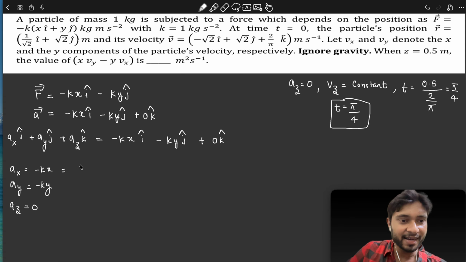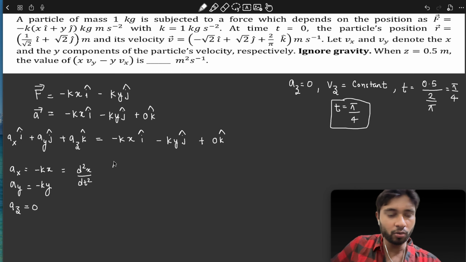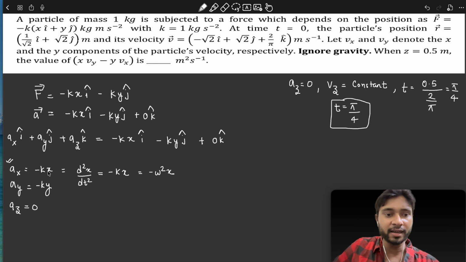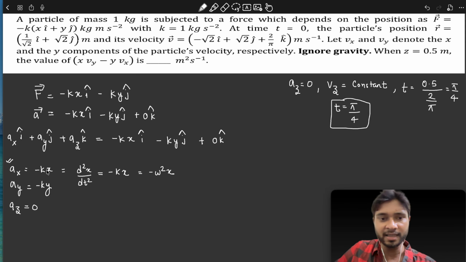I can write ax as d2x by dt2. I am just writing it to make you familiar with the SHM equation, which is equal to minus kx, or I can write k as omega square. This is nothing but a spring constant, or if we rewrite it as acceleration, we can write it as minus omega square x. Whenever you see acceleration equal to some negative constant times the coordinate or position itself,